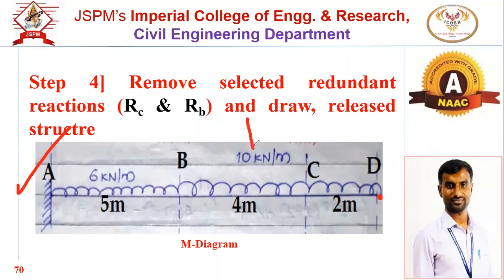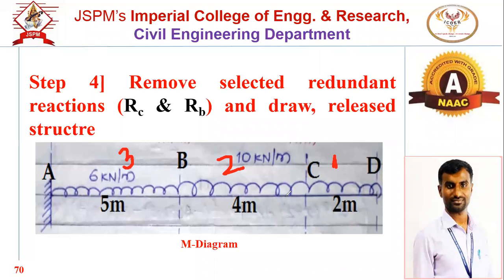This point is very, very important. If the fixed support is on the left hand side, we have to start our zone or segment from the right. If the right side has the fixed support, then start our zone or segment from the left. Always select the zones from the opposite side of the fixed support. Correct. Now we will have the first zone CD, then CB as the second zone and BA as the third zone. Clear? So these are the 3 zones.